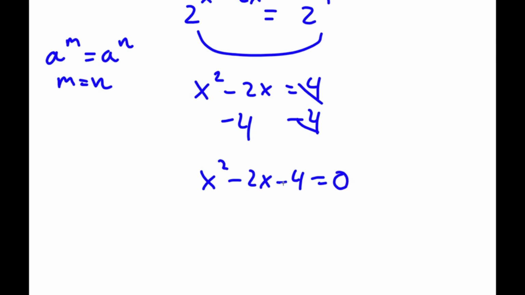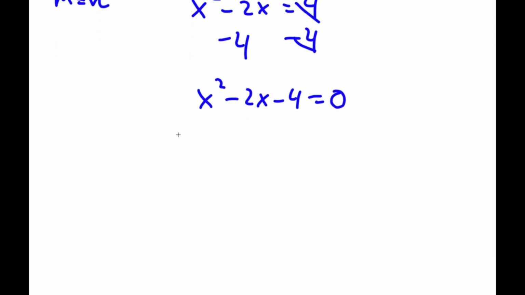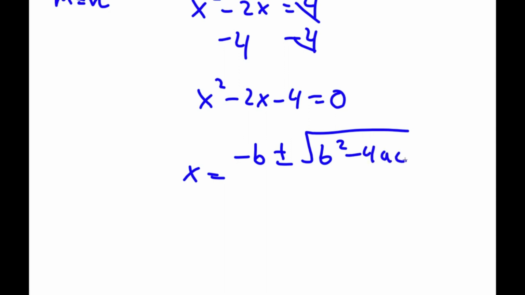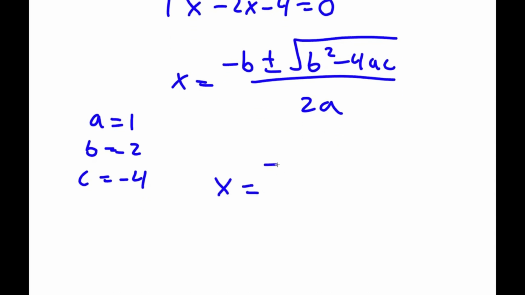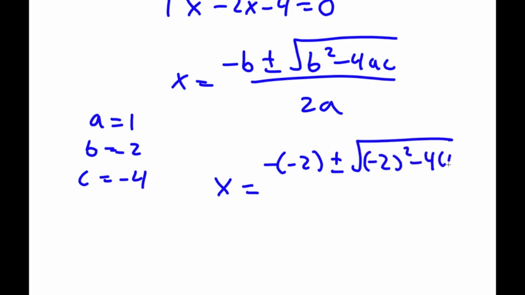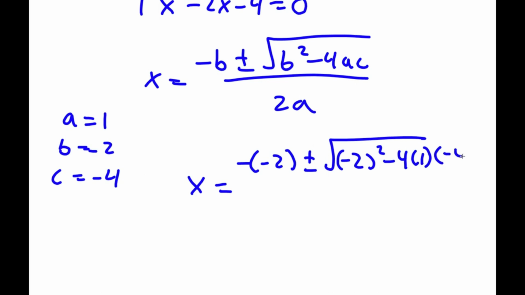And now, as you can see, I have a quadratic equation. And to solve this, I'm going to be using the quadratic formula, negative b plus or minus the square root of b squared minus 4ac all over 2a. Now in this case, a is equal to 1, b is equal to negative 2, and c is equal to negative 4. So now I have x is equal to negative negative 2 plus or minus the square root of negative 2 squared minus 4 times a, which is 1, times c, which is negative 4, all over 2 times a,